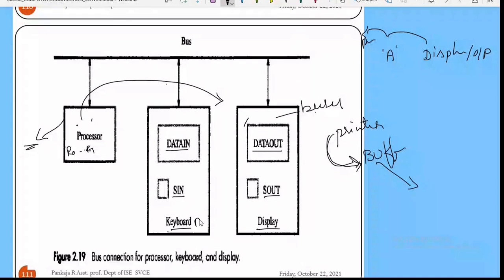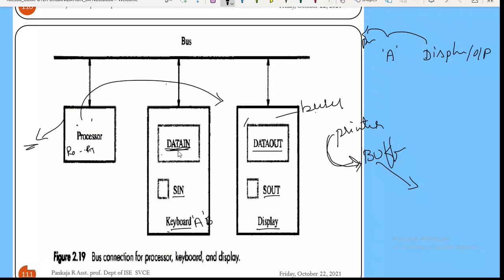Now consider I want to enter the data A on the keyboard, and that will be stored into this particular register. Whatever character I enter is first stored into the register, which can be a byte or the length of a word.